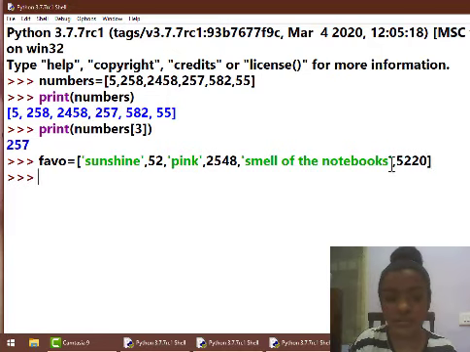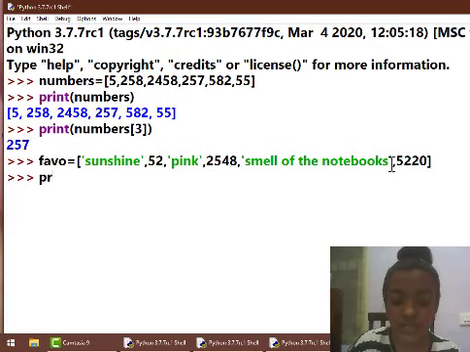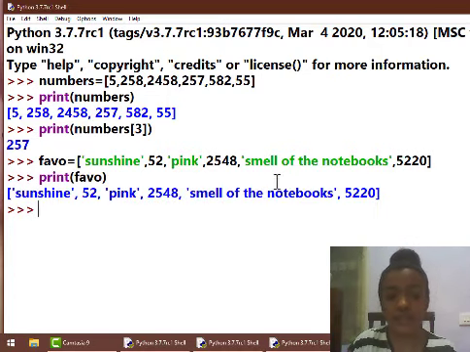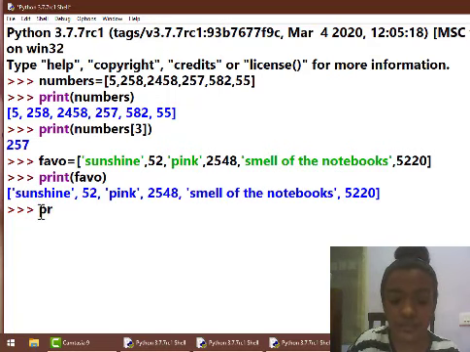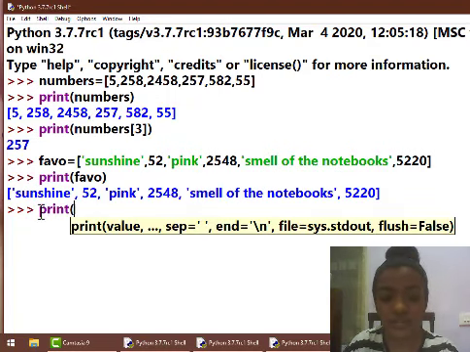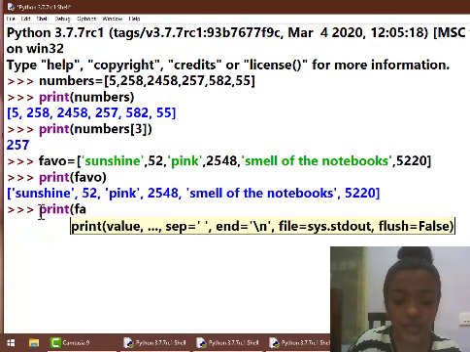Now let's tell Python to print fevu. Yeah, it prints me the entire statement. And now if I want to print a particular data, if I want to print smell of the notebook alone as my output, then I have to text print as usual the variable fevu.